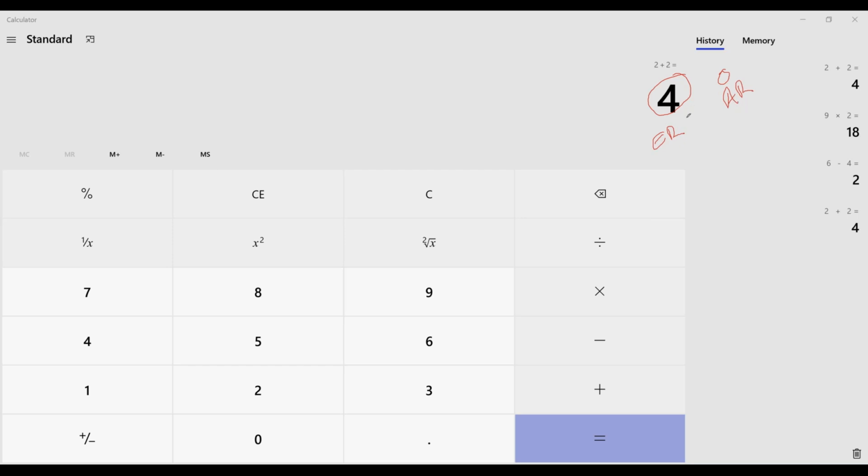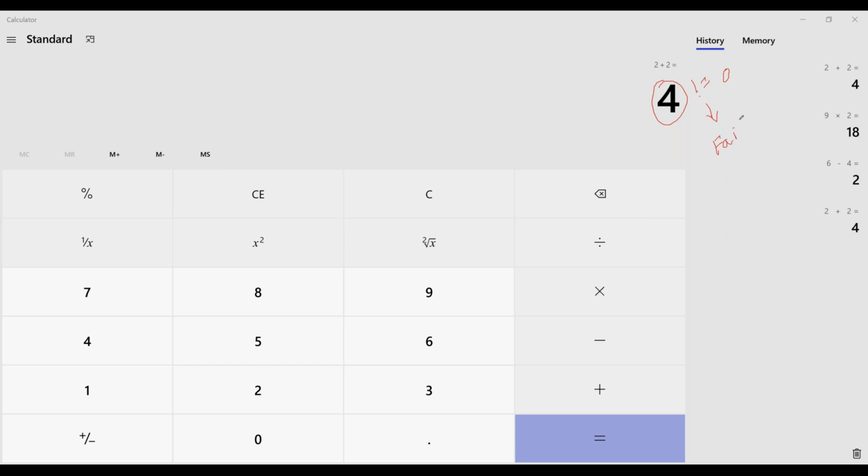So if expected result equals actual result, we call it pass. Your testing is pass. Now suppose your expected result is not matching with actual result. That means you are supposed to get 4, but you are getting 0. So your expected is not equal to actual. This is how you will write not equal to in automation testing. We will come back to this automation testing later. So if expected result is not equal to actual result, I'm going to say that my testing is fail.